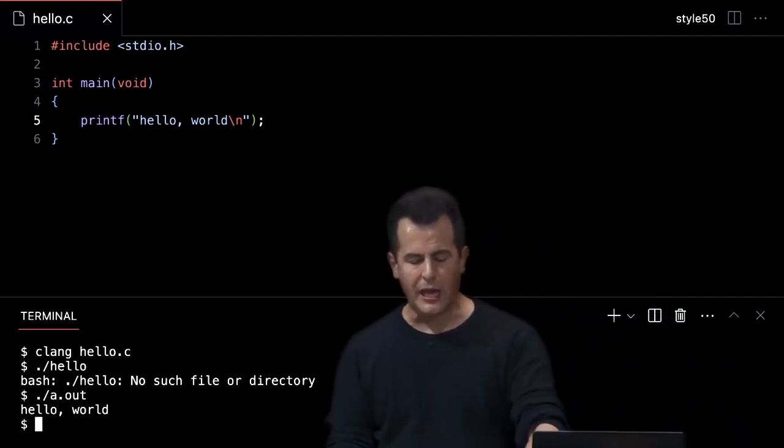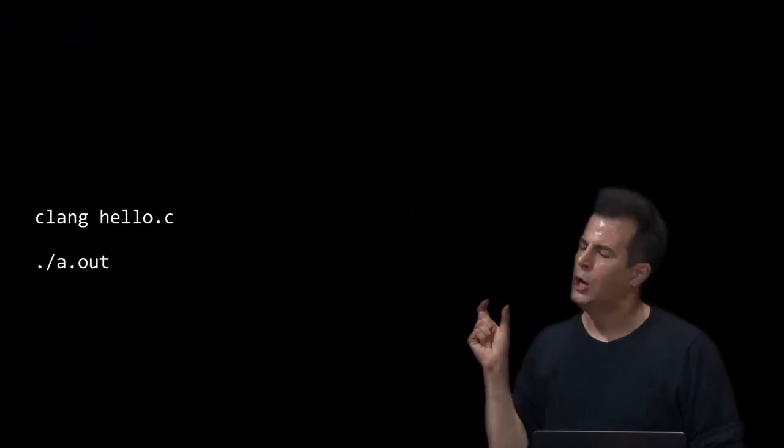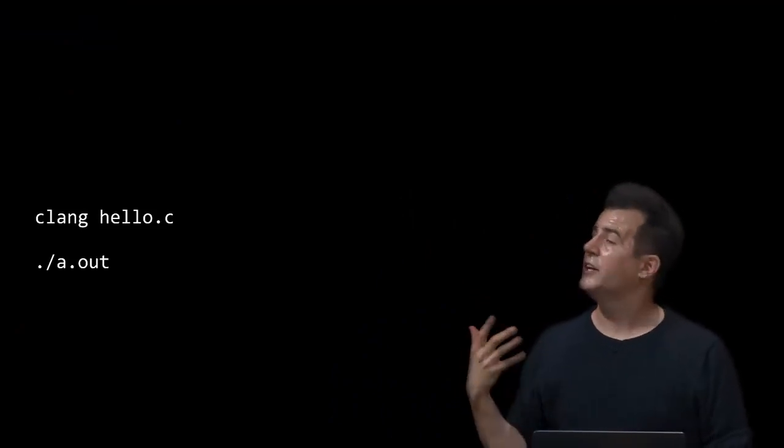Well, it turns out with Clang, we can configure it using what we'll call command line arguments. And command line arguments are actually something we've been using thus far. We just didn't slap this word on it. Command line arguments are additional words or shorthand notation that you type at your command prompt that somehow modify the behavior of a program. And you can perhaps guess where this is going.